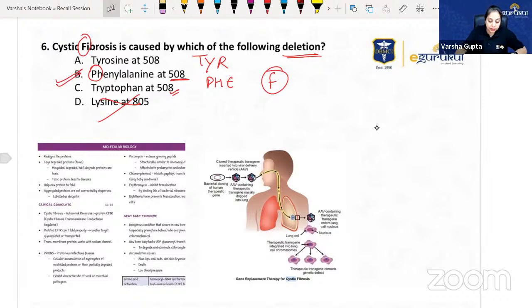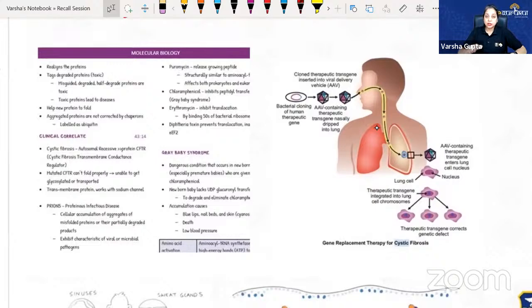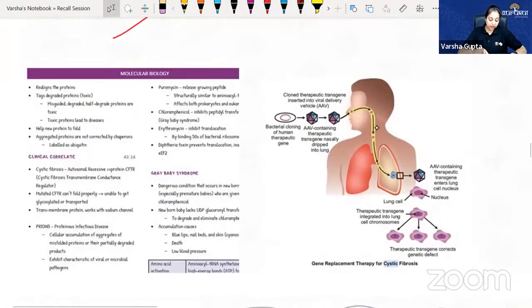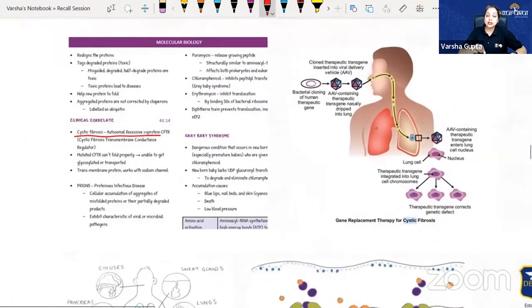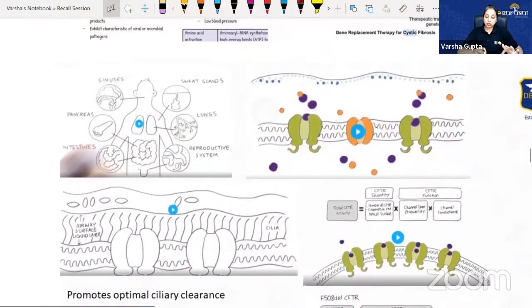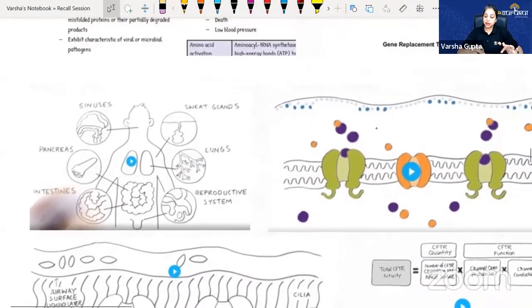That was choice B, okay, was the correct choice, and we have done that at like 2 places about cystic fibrosis when we discussed the CFTR thing, right? Cystic fibrosis is an autosomal recessive disorder. Because of this deletion mutation, there is a problem in synthesis of the CFTR chloride channel, the problem with the chloride channel, right? And how it is related is